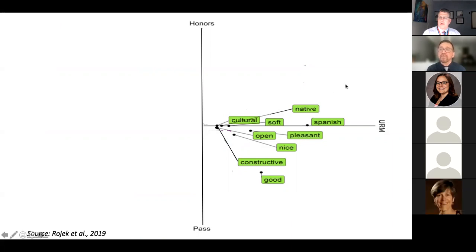Anybody? No high honors. Yeah, so I don't see any words that are frequently used in the quadrant of honors on the URM side. Does that mean that there aren't a lot of honors, or does that just mean there weren't frequently used terms across the evaluations? I don't know exactly, but it is curious.